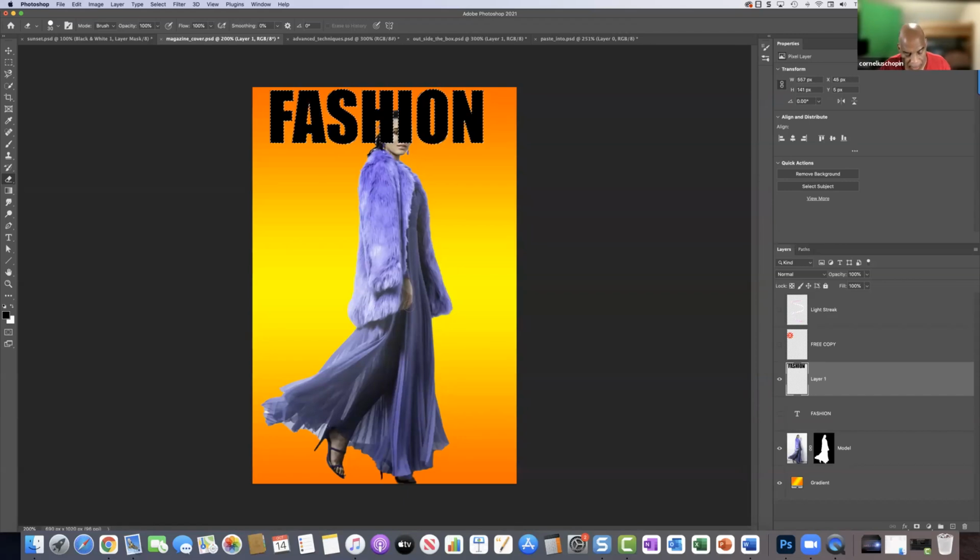Okay, so I filled it with the foreground color, and do Command D to deselect so you can see that text better. Now this is a text-based layer. This is a vector-based layer. That's why I couldn't paint on it, right? Now, if I use my eraser tool, hit the E for eraser, I'll go over to the eraser tool panel rather, right here. And then I could try, and the emphasis here is try. It's hard to erase because I can't see behind her. So it's hard for me to erase, I have to try to estimate. And if I make a mistake, I have to do Command Z to undo it. So it's kind of hard to erase